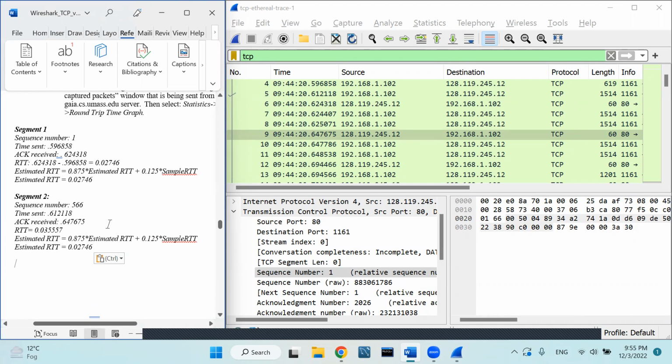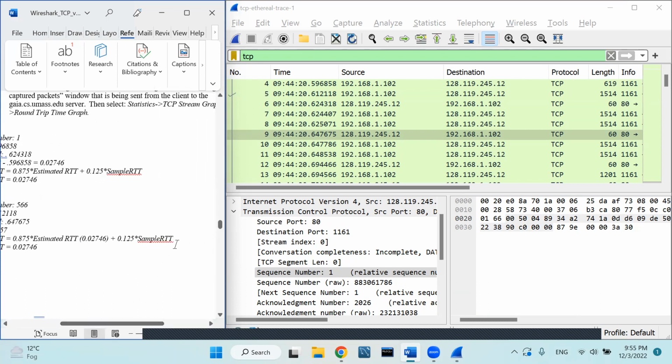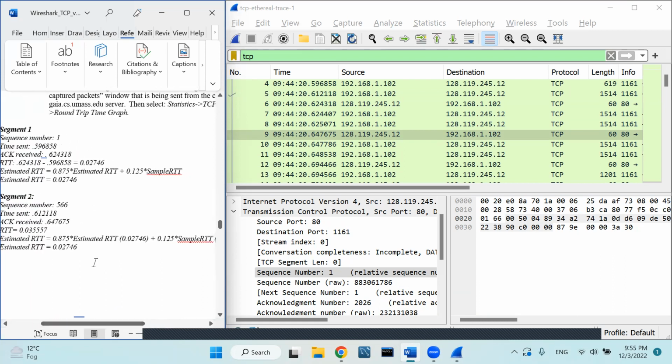So for the estimated RTT, we are going to use the RTT that we had from the previous packet. So this is the time we normally expect, and that is why I believe the formula is multiplying it by a higher number, and then we have to multiply it by the sample RTT, which is the number we